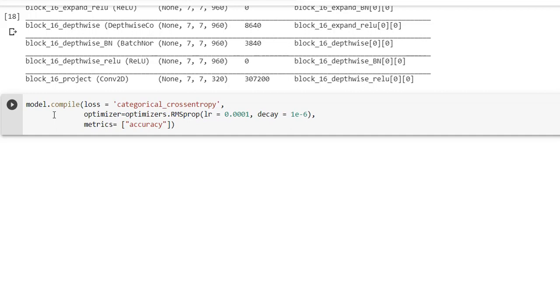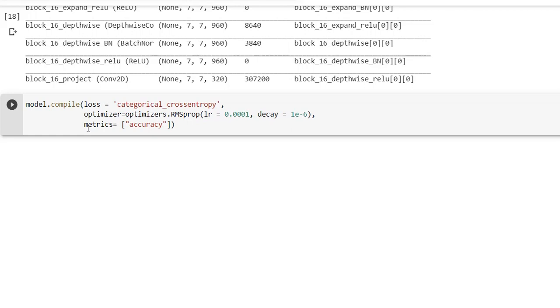The next one is an optimizer. Optimizer is mainly used to improve the training performance. That is the reason we use an optimizer. There are a number of optimizer parameters, like Adam. Here I have used RMSprop, and the learning rate I have mentioned is 0.0001. That is the learning rate, and then again we are going to evaluate the model.